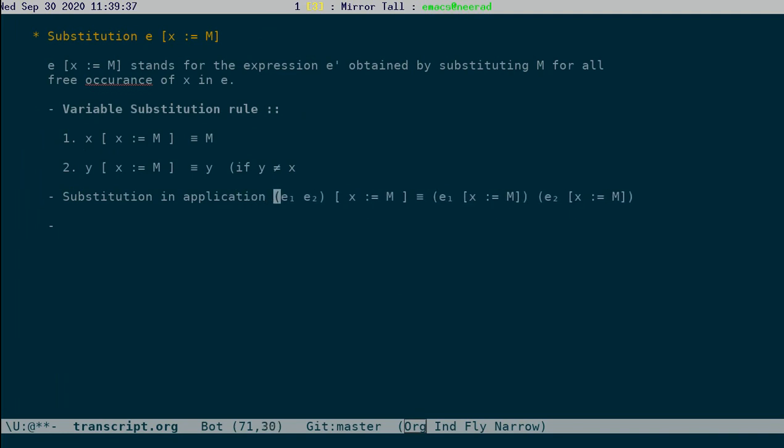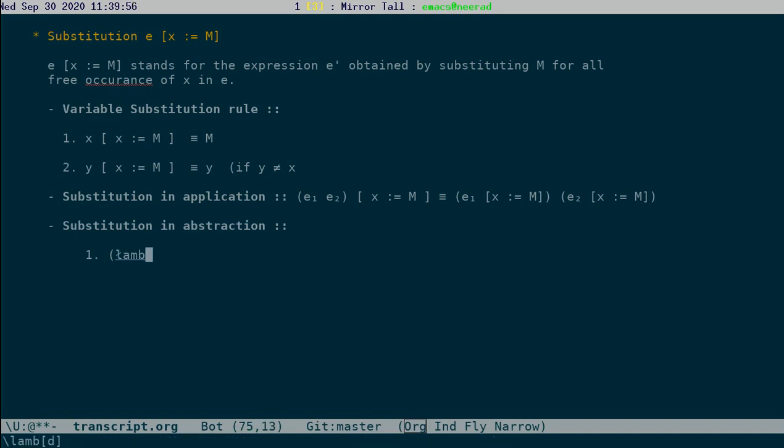And the third important property is the application and abstraction. So let's look at this part, because this is where the free and bound notion comes in. One, if you take lambda x dot e and you substitute x with m, this is no substitution, because whatever x occurs in E, they are all bound here.